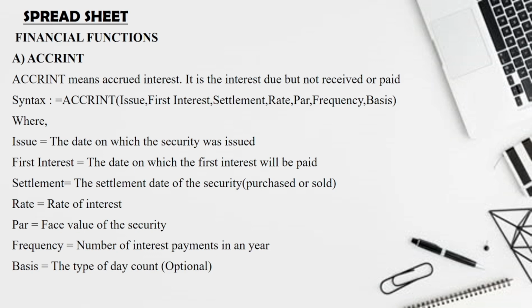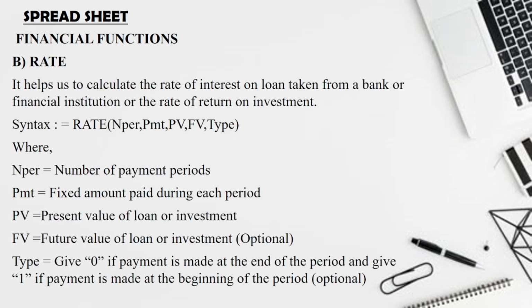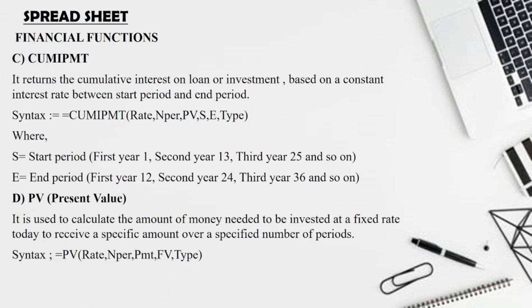ACCRINT. ACCRINT means accrued interest. Accrued interest we can calculate using this syntax, and we have to use the issue, first interest, settlement, rate, face value, frequency, basis, all those arguments. RATE is a financial function which helps to calculate the rate of interest on a loan. Then